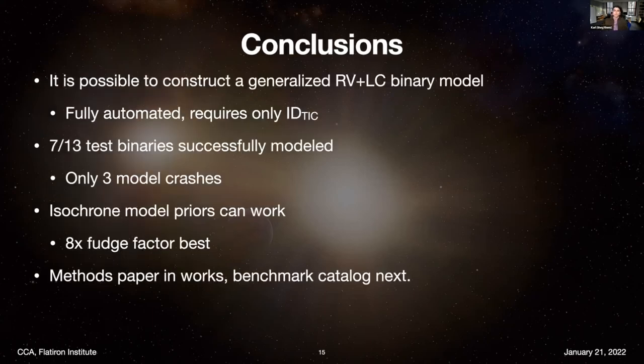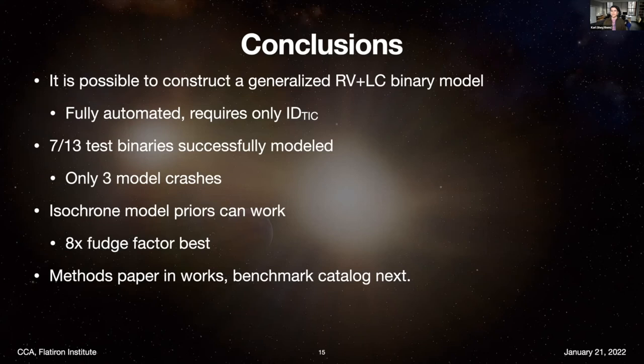And so in conclusions, we found that we were able to generalize a binary model with APOGEE and TESS data. And again, it only requires a TIC ID, the way the pipeline is implemented at this point. We get 7 out of 13 binaries modeled, which we think is pretty good. Only 3 model crashes, which is nice. And then the fact that we were able to implement initial test points with the isochrones package